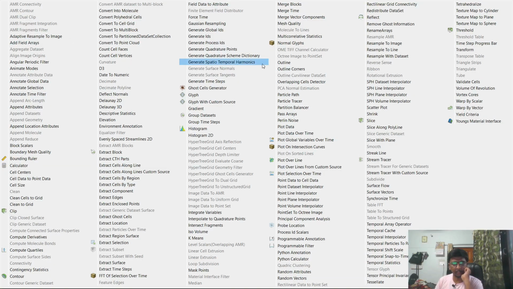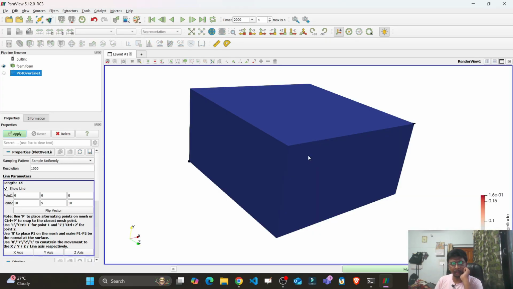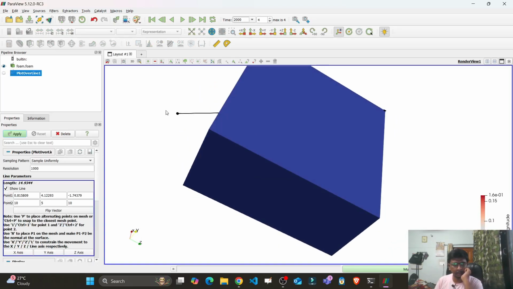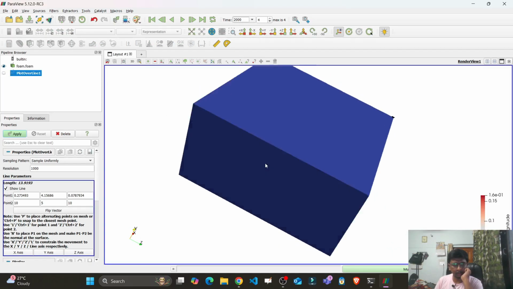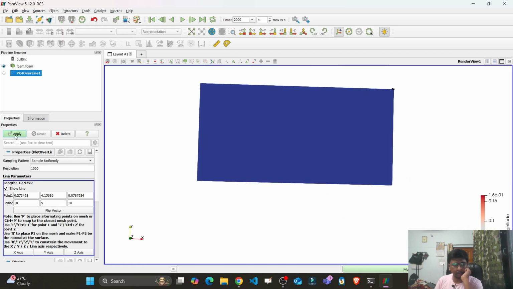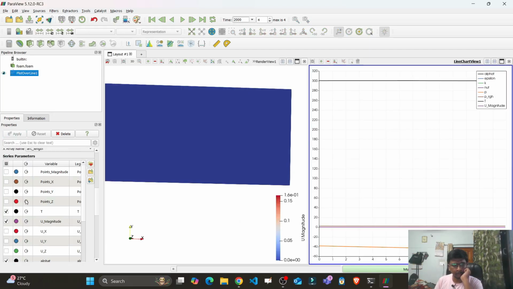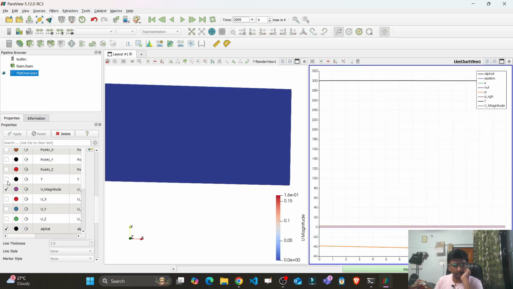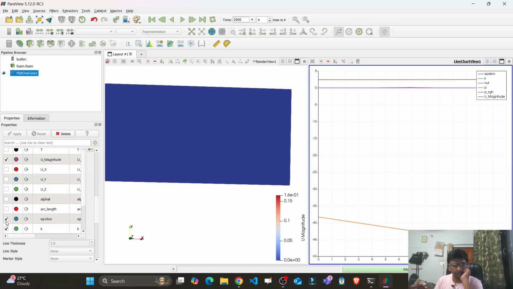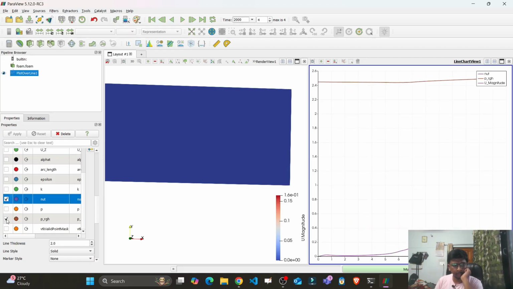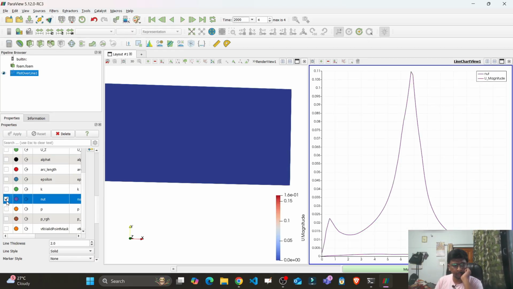Let's again make this one, the line again. Okay, so this is the line, press apply. Okay, remove temperature. Alpha t, epsilon, k, naught, p, pr, rho, gh, and nut also,